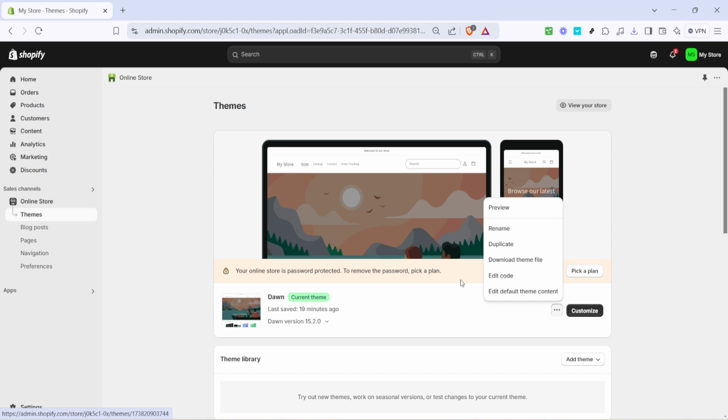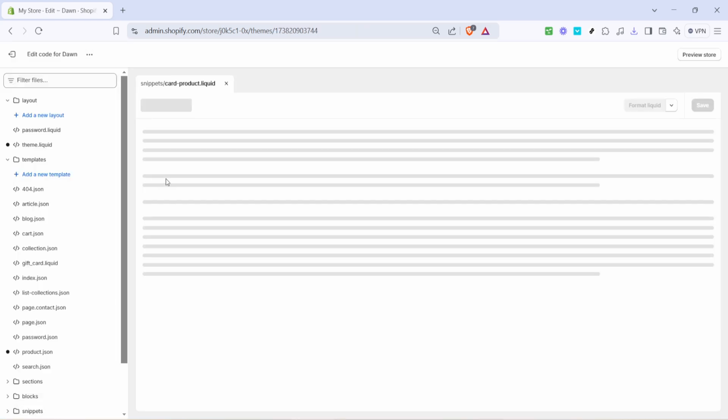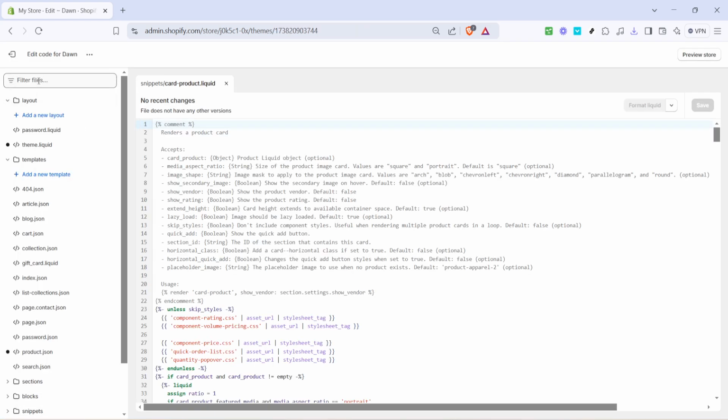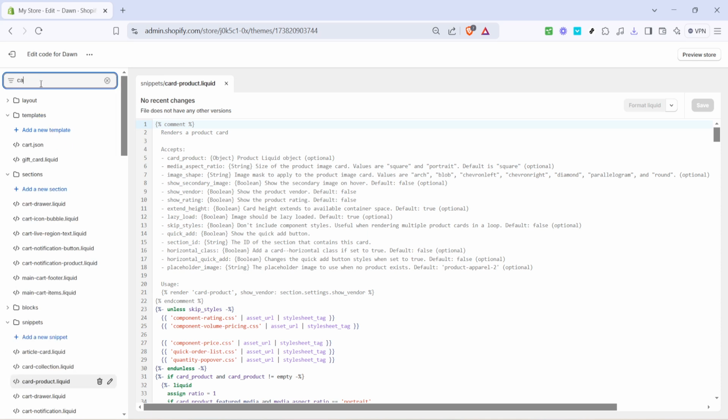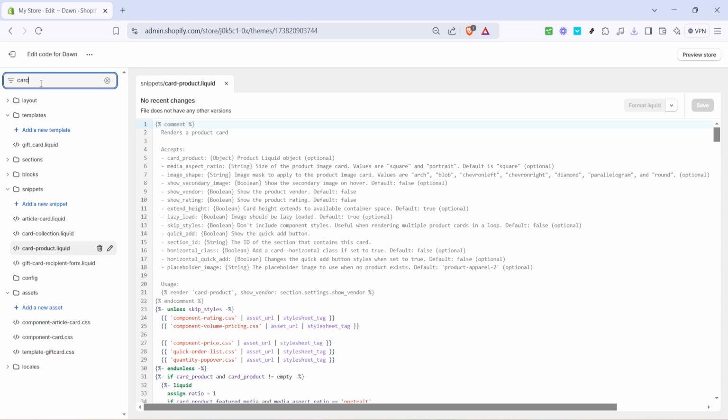Now that you've entered the theme customization area, the next thing to do is click on Edit Code. What you're going to do here is a slight modification in the theme's code to hide the price display. Fear not if you're unsure about coding, I'll guide you through it step by step. Within the code editor, you'll need to find a specific file